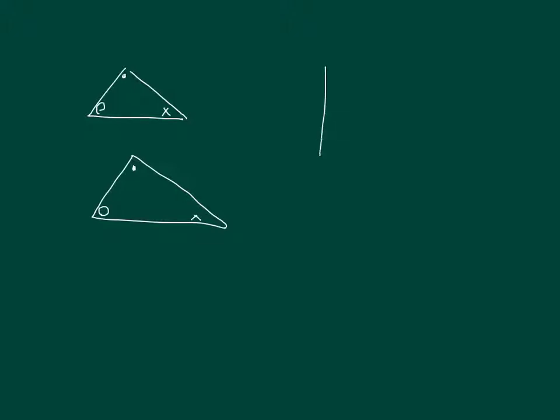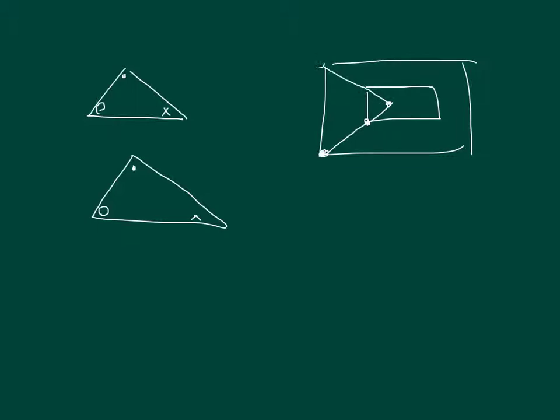For rectangles, if you put the smaller one inside, take a point and draw a line passing through the corresponding vertices, if those lines are concurrent and inside of the rectangle,